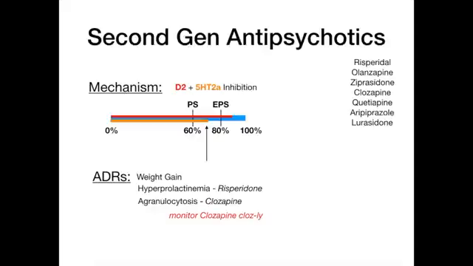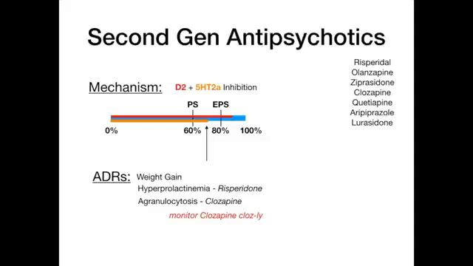Now, technically, all of these drugs can cause hyperprolactinemia because they are decreasing dopamine. However, the drug risperidone has the highest incidence of this side effect. So if on your exam you have some patient with a psych history and all of a sudden they have milk coming out of their breasts, the answer is risperidone. So just know that risperidone specifically is the one that has the highest incidence of hyperprolactinemia.